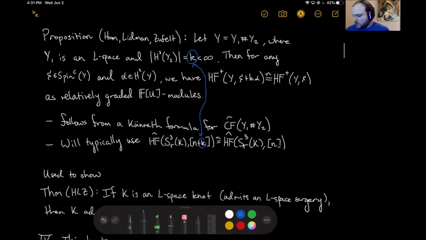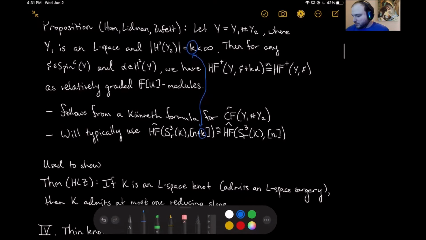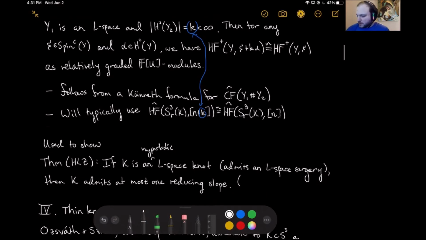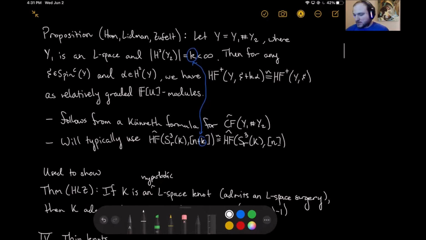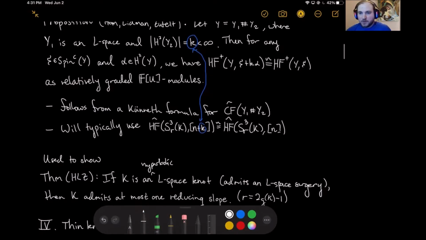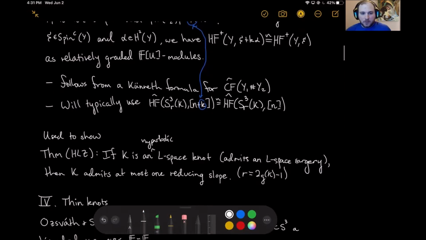Right, and this was an integral step to their proof that if they start with a hyperbolic L space knot, then it admits at most one reducing slope. And the slope that it does admit is the bound due to Montesinos and Sayari. So this is going to be the critical tool for looking at the cabling conjecture for thin knots as well. Okay, so